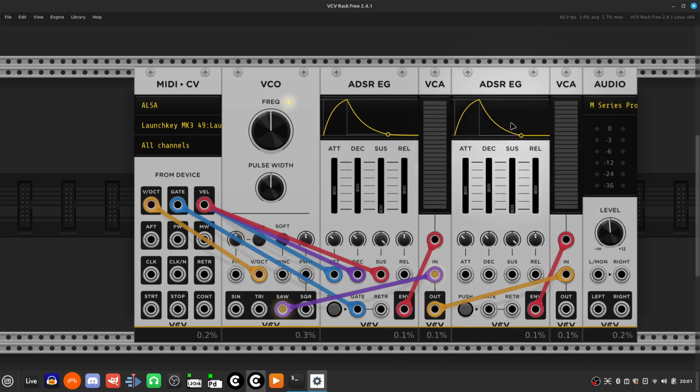Now, we're going to have this controlled by velocity. So right here, it has a gate input. Let's put that under velocity's control. Gate, remember, is open, close, on, off. Velocity is a range of 128 different values, 0 to 127. So in that case, I don't know that gate is going to get,